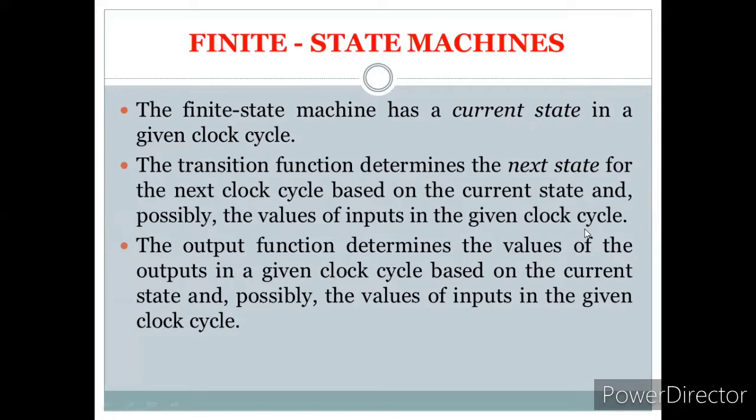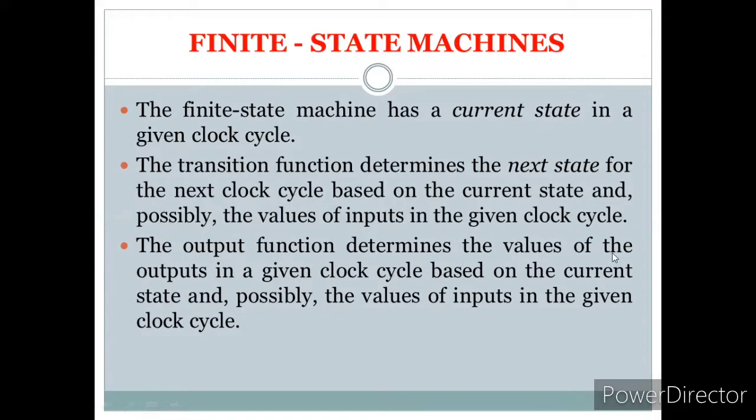So in the current state, depending upon the input it is receiving and the transition function present at that particular state, it decides where to go for the next state. That's the important thing it will decide: which is the next state, whether it has to go to the next state or maintain the same state. That depends upon the input, transition function, and the control signals.